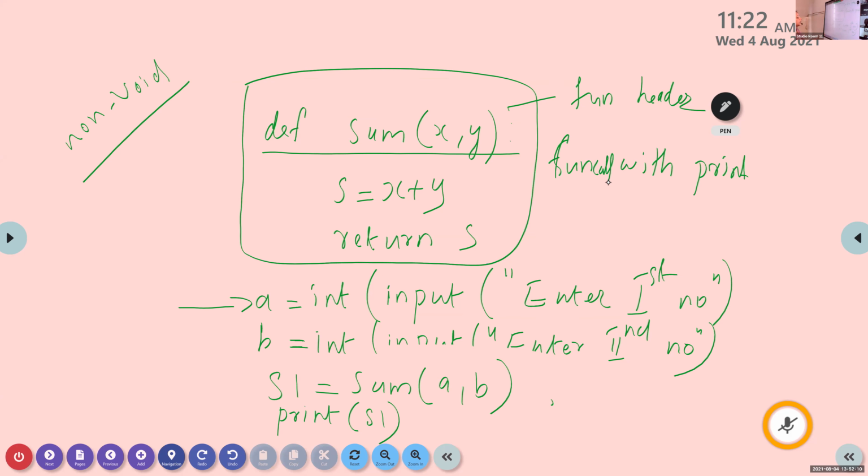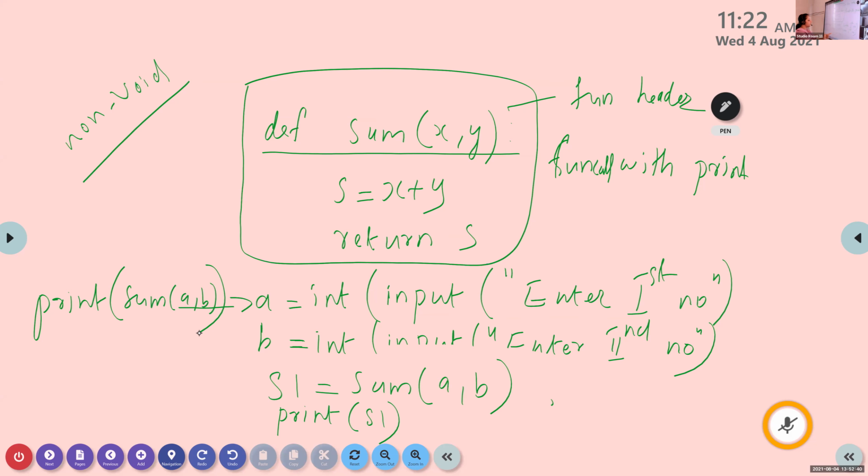That is the normal statement, within print I am writing print(sum(a, b)). This is the common statement. Then the second situation, I am using a variable which is equal to sum(a, b).